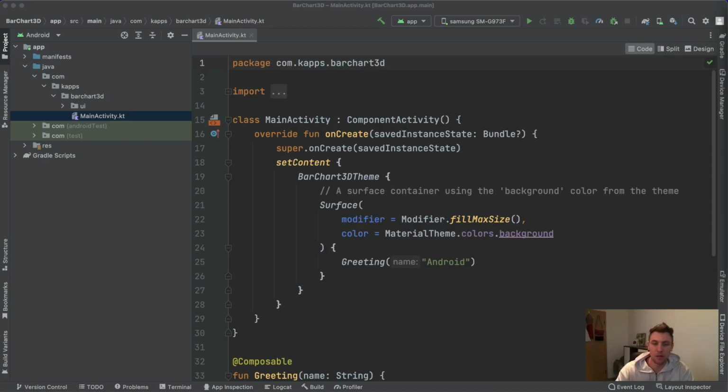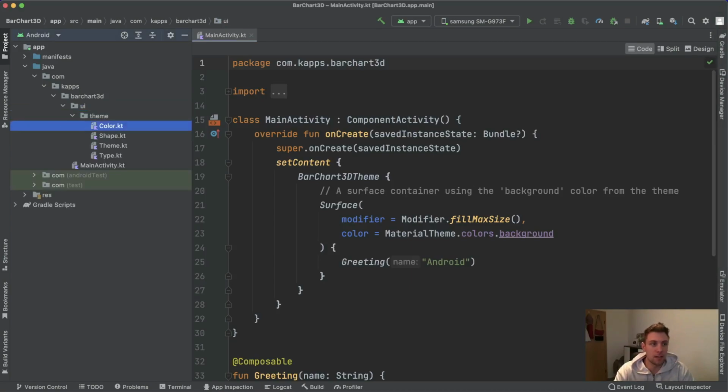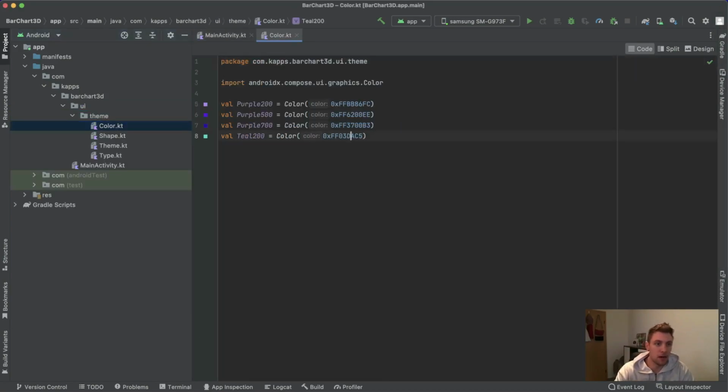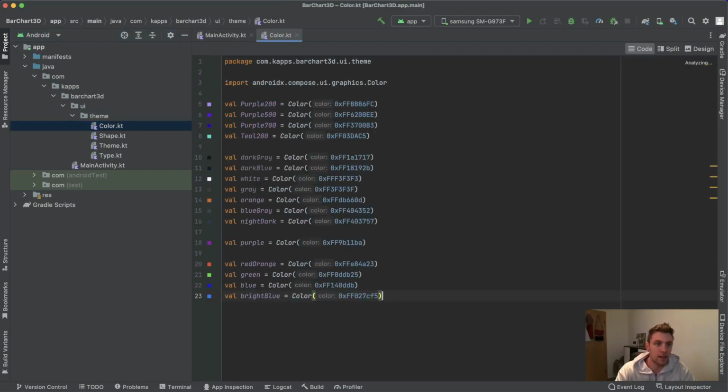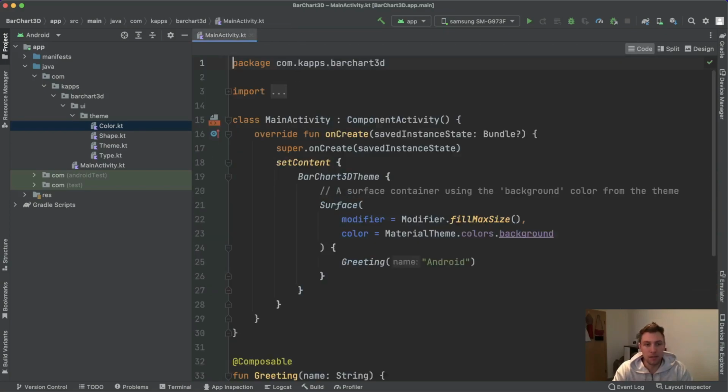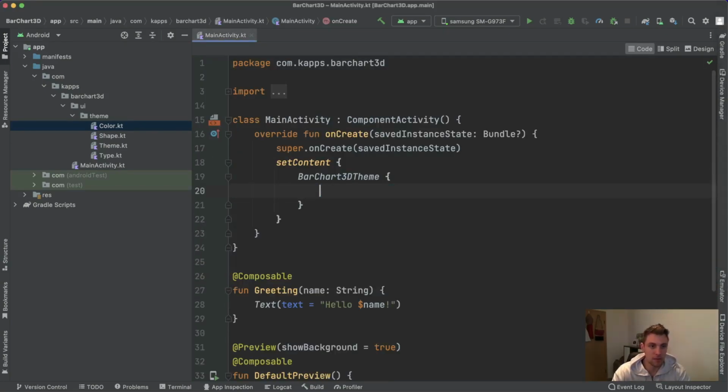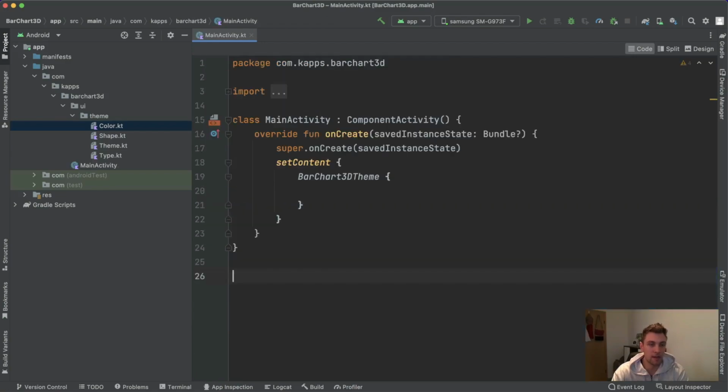multiple times so that you can always see what we're currently drawing. And first of all, I want to add some colors here in the UI theme color file, and you can get these colors from my GitHub repository, which is linked down below, or you can also simply use your own colors. Then back in our main activity, we will first remove the default stuff and create our data class for